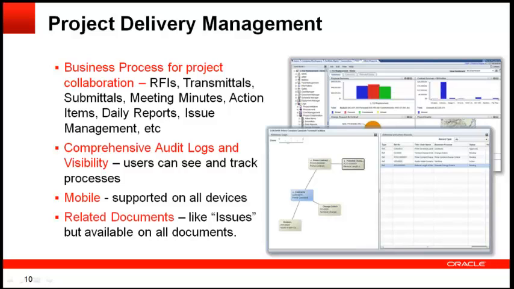The audit logs, you can see who has touched what, done what, when. The related documents, you can see the little picture here. I like this one a lot. On any document, click related documents, I can see everything it's related to, and I can very quickly jump to it. And also there is mobile capability that comes right out of the box with Unifier, and we know that that's an area that the roadmap has indicated that they're going to be spending a lot more time on.